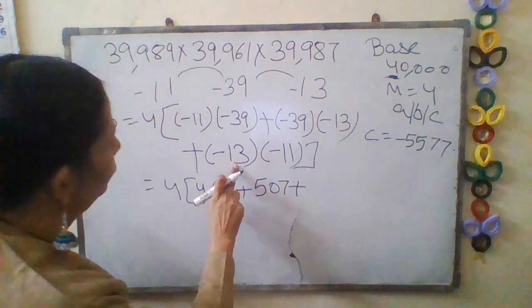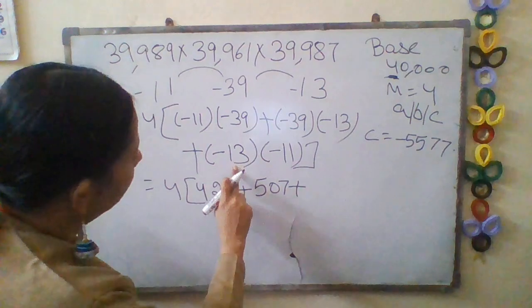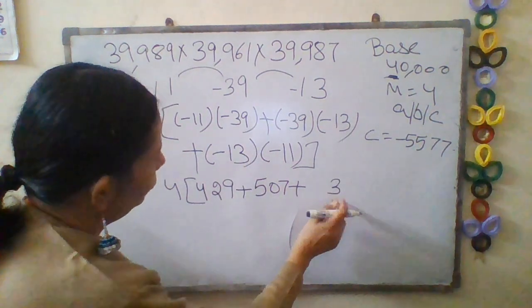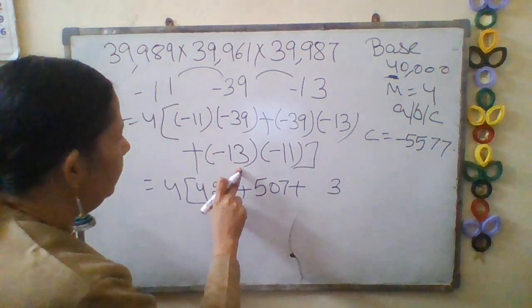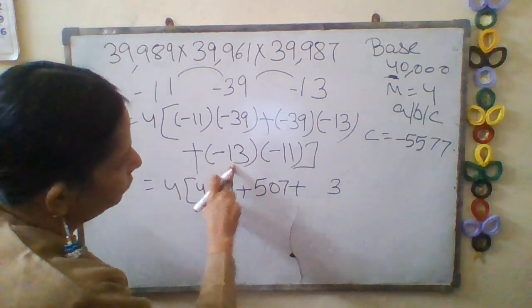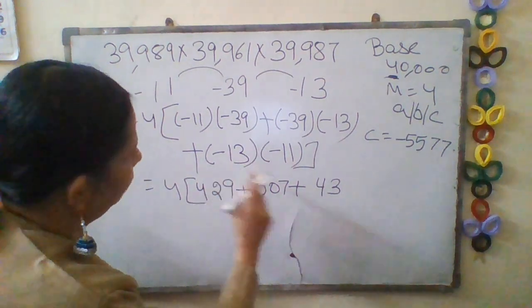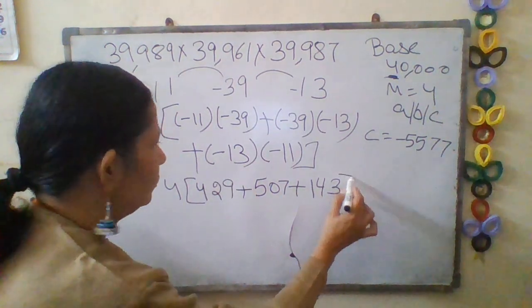Now plus, now you see 13 you have to multiply by 11. So 13 में 3 is last digit, write down 3 as it is. Now 3 plus 4, 3 plus 1. Okay, 3 plus 1 is equals to 4. So 4 you will write down here. Now this first number you will write down as it is. Okay, and